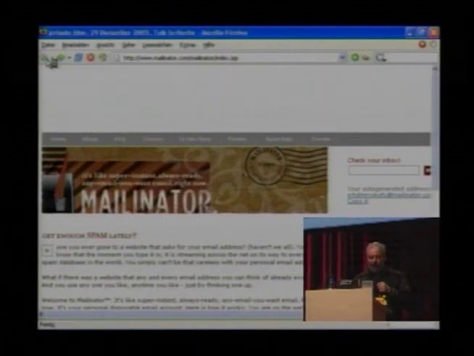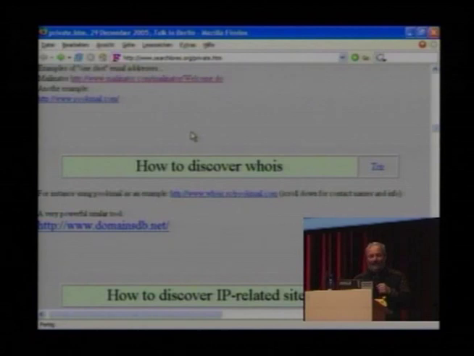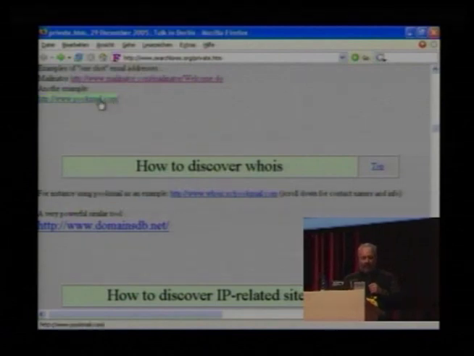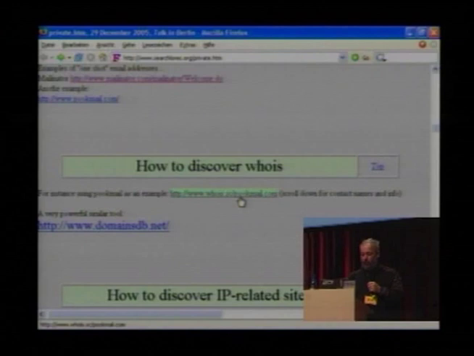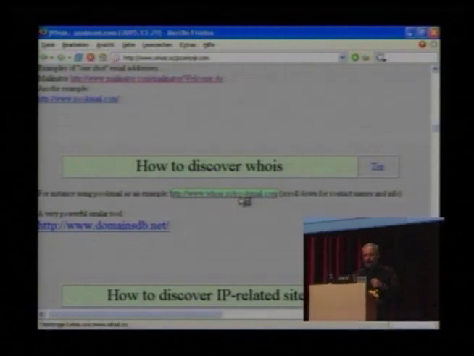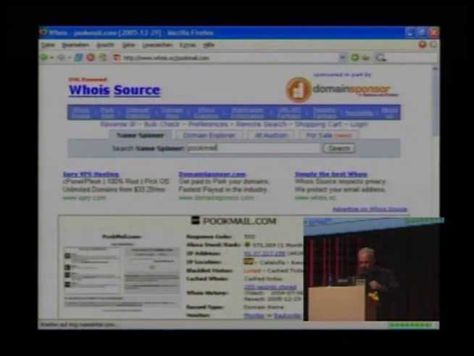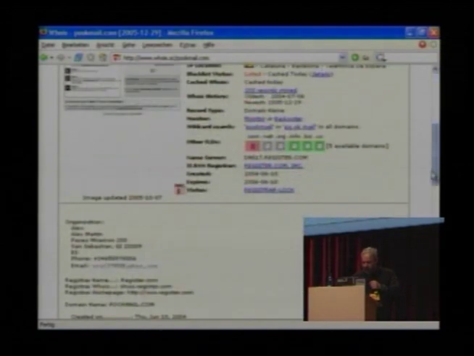Now, there are many automatic email address dispensers on the web, and Bookmail is another one. And I wanted to show you this WHOIS. You know what a WHOIS is, I hope. This is a web WHOIS that you can use also in a web cafe or wherever you are. And you see, you just put Bookmail after the WHOIS SC, and you get the complete WHOIS,